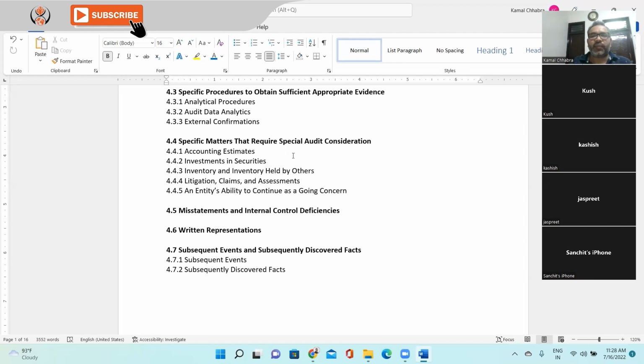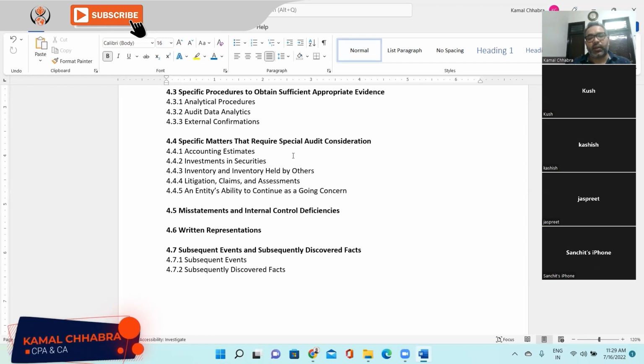Absolutely true. On the date of signing, the auditor needs to evaluate whether the company has the ability to continue its operation for more than 12 months or not. If the company does not have the ability to continue its operation for 12 months or more, then the entire financial statement would be valued at realizable value, and they need to restate all the financial statement line items at a sales price or valuation price, revaluation price. Next, after that, we'll be studying misstatement and internal control deficiency.